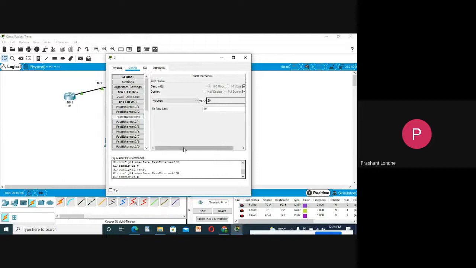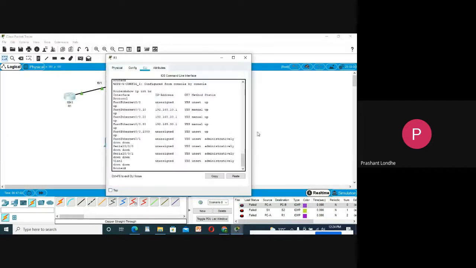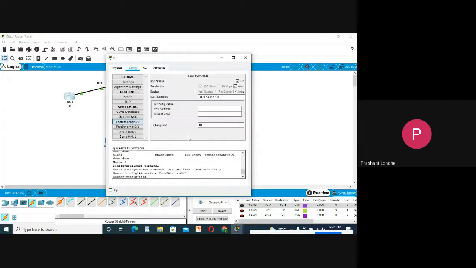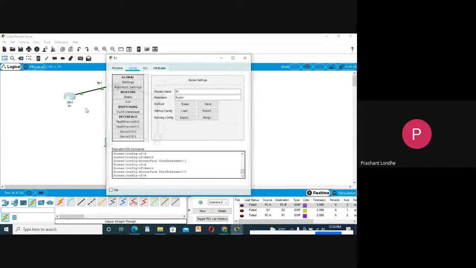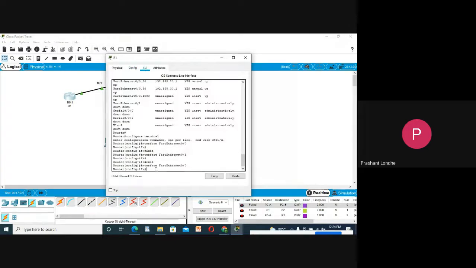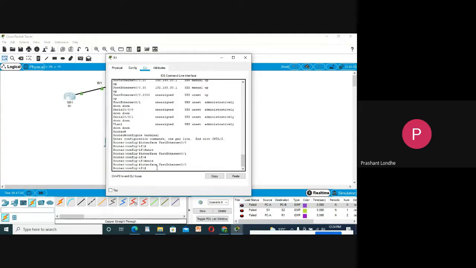It is also in the on state. Okay, the packets are not going, but let us wait for some time. It will go because all the ports are on.